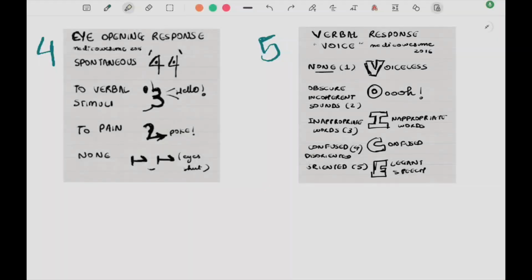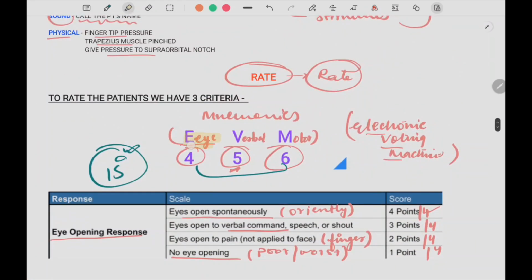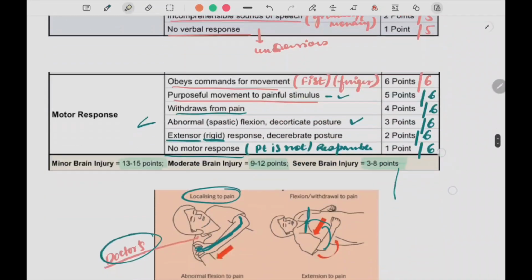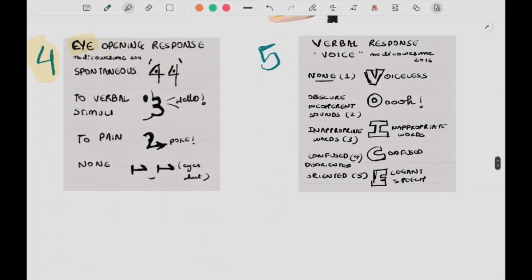To make things easier for you, we have just studied the eye opening response, right? The eye response, which was actually total 4. Remember, in the eye we have seen total 4 of it, right? Eye is 4, verbal is 5. This is clear. To remember this, I have a small mnemonic here for you. It's not a mnemonic, basically it's a very funny thing. So if the eyes of the patient are open, imagine this has eyes, okay?